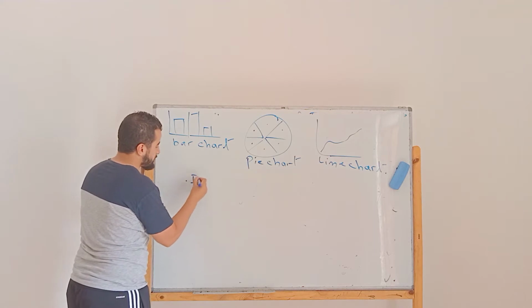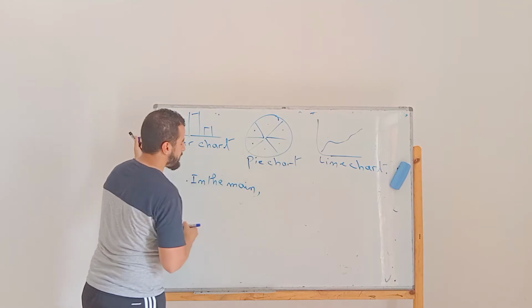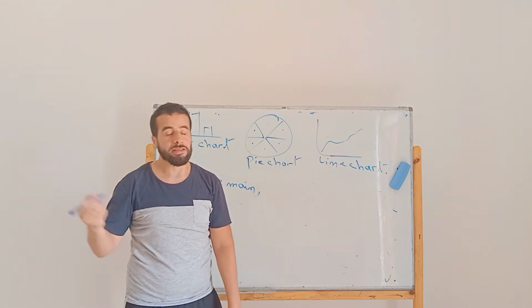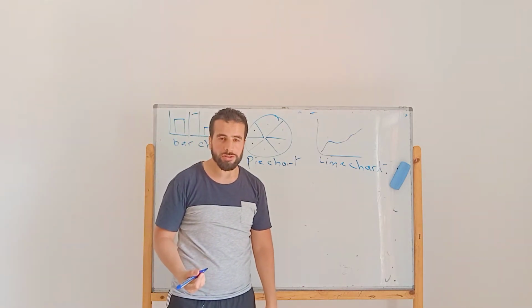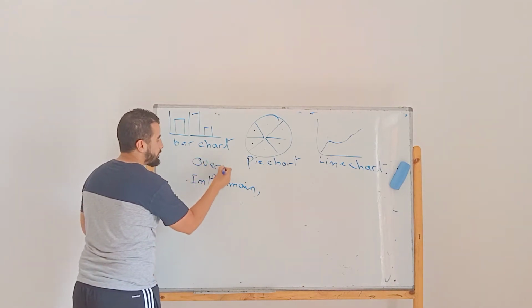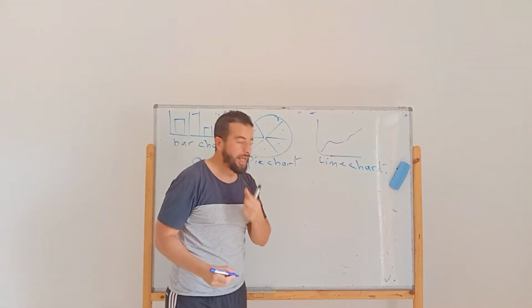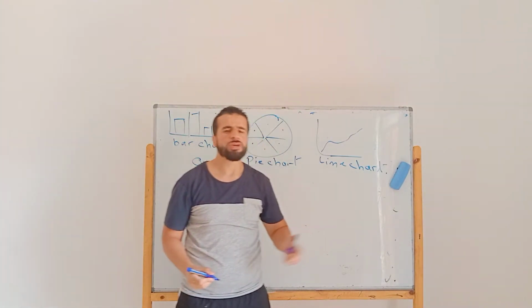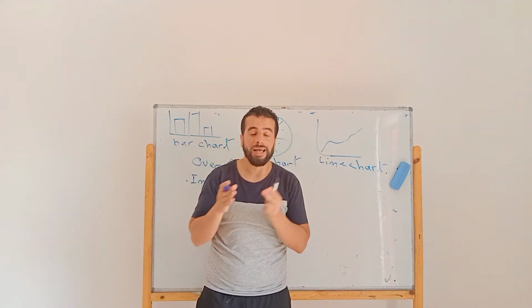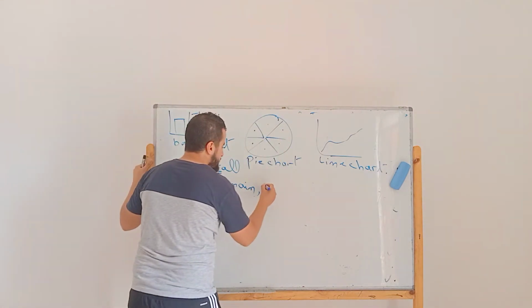In the main, and then come on. In the main means generally speaking, in informal discussion. So you can say in the main, or overall, or you can say as a general fact, and you will continue. You can use a variety of discourse markers and also expressions. Good. So in the main, the bar chart